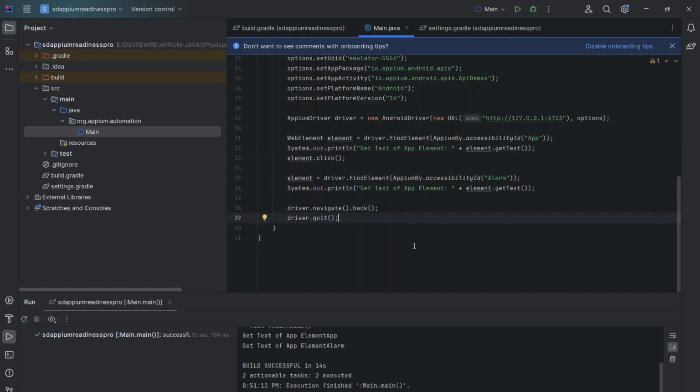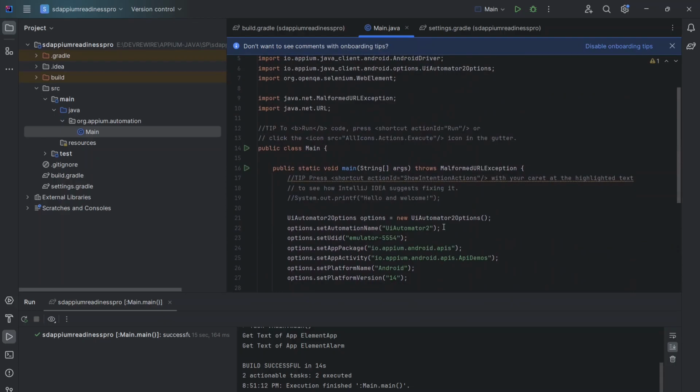So team, this is the basic raw script. For any automation, in case you're starting with learning, just start with a raw script so that you'll come to know whether the setup you have done is properly set or not, and whether the drivers that you are using are interacting with the given device or emulator that is running. Okay, so that's about